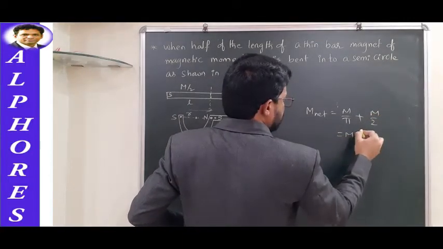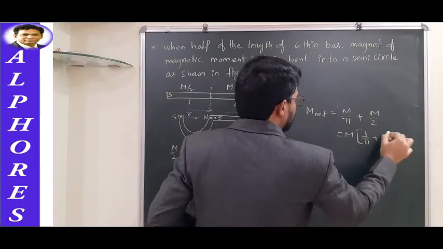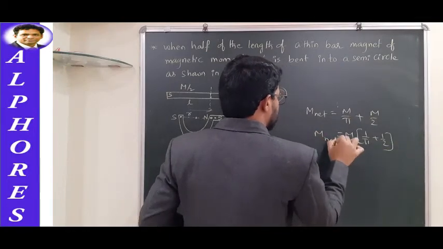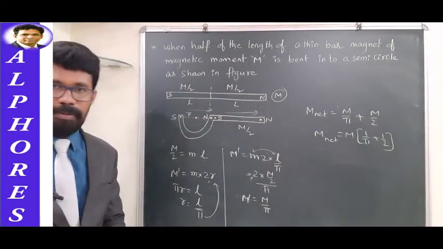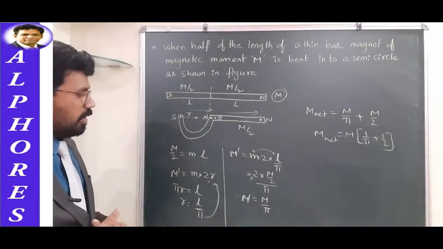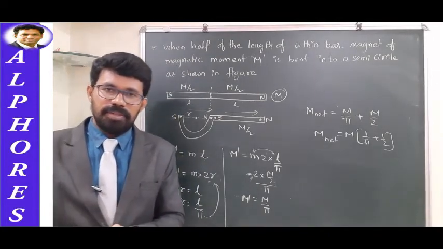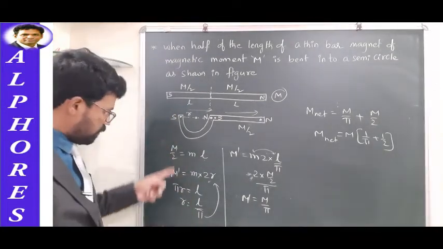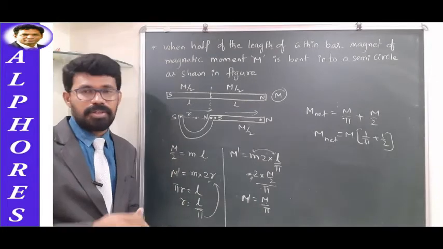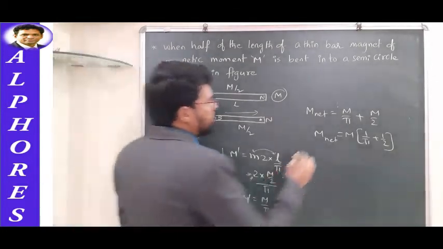So you can take out m common, you will have m into 1 by pi plus 1 by 2. So this is the net value of magnetic moment. Remember students, this is how you are supposed to handle it. Though there are a series of equations, a series of formulae available, it's always better to follow this kind of method, or if you know how to handle those things, because whatever formula we have got for magnetic moment,